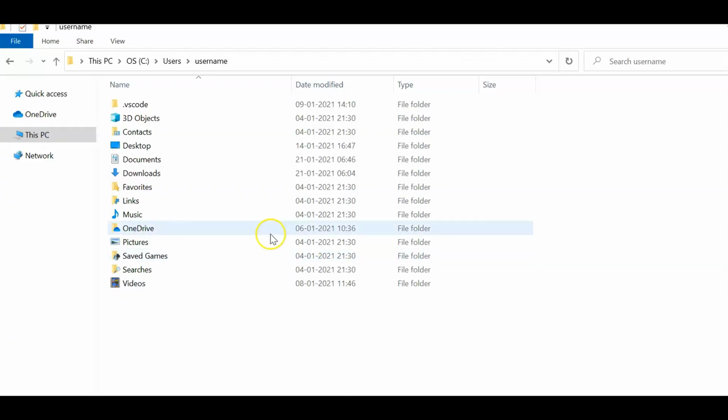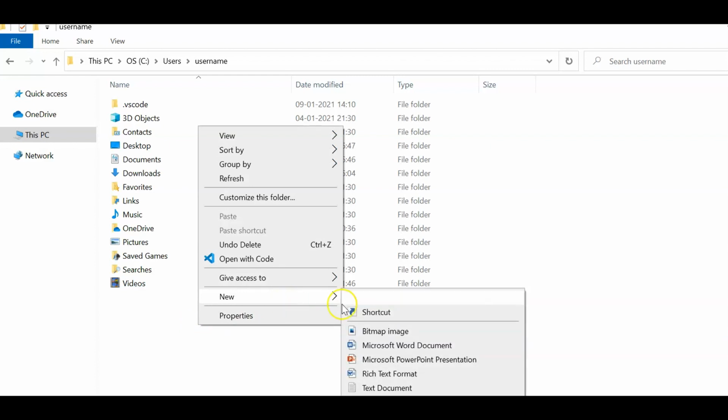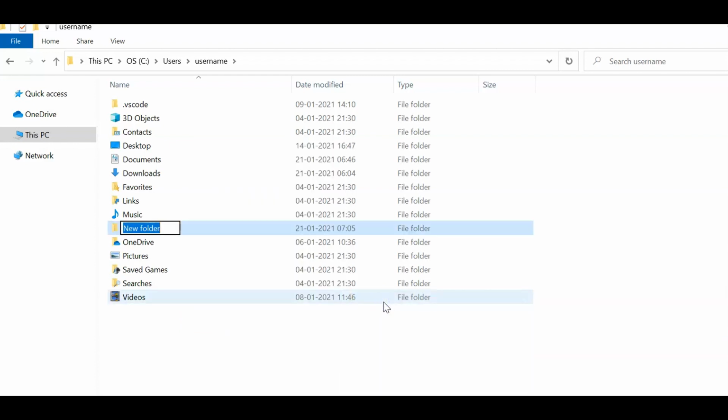For that, you can go to your C drive, any location, and here you can create a new project. So let's say I'm creating a new folder, and let's say this is my first project. You can create any folder at any location, right?